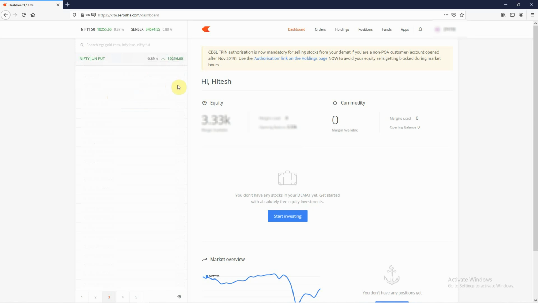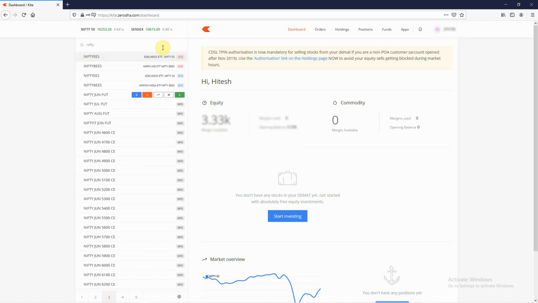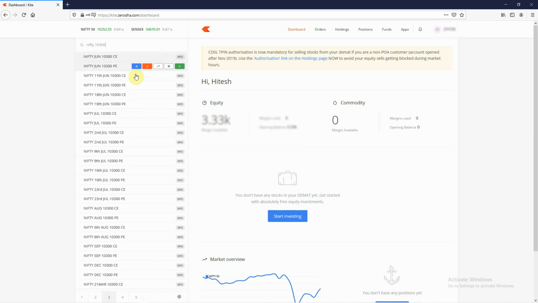Now say you're looking to buy a call option and you are bullish on the market, so say you go for a Nifty call option, you want to buy the 10,300 call option. You just type 10,300 Nifty and it shows all the different expiries for the 10,300 contract, like the 11 June expiry for the call option, and the put option, again the 18th June monthly expiry,